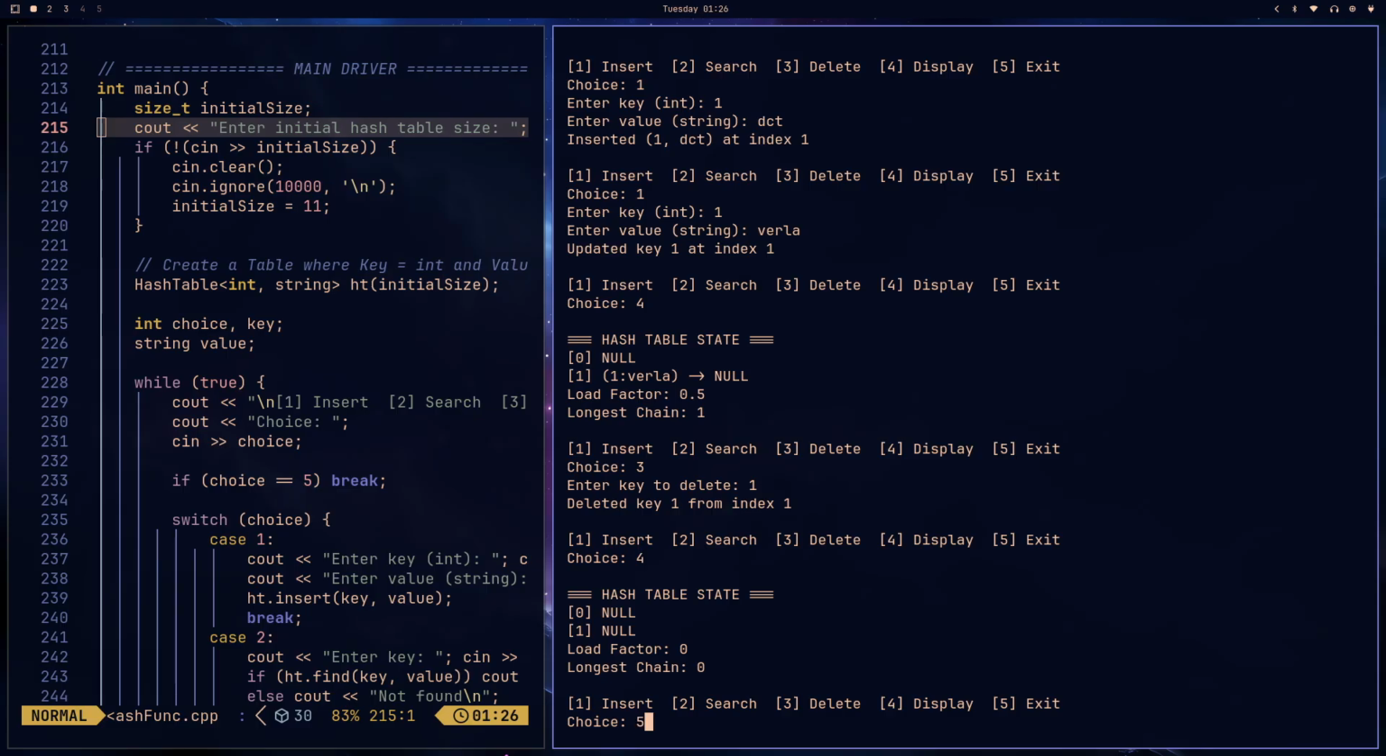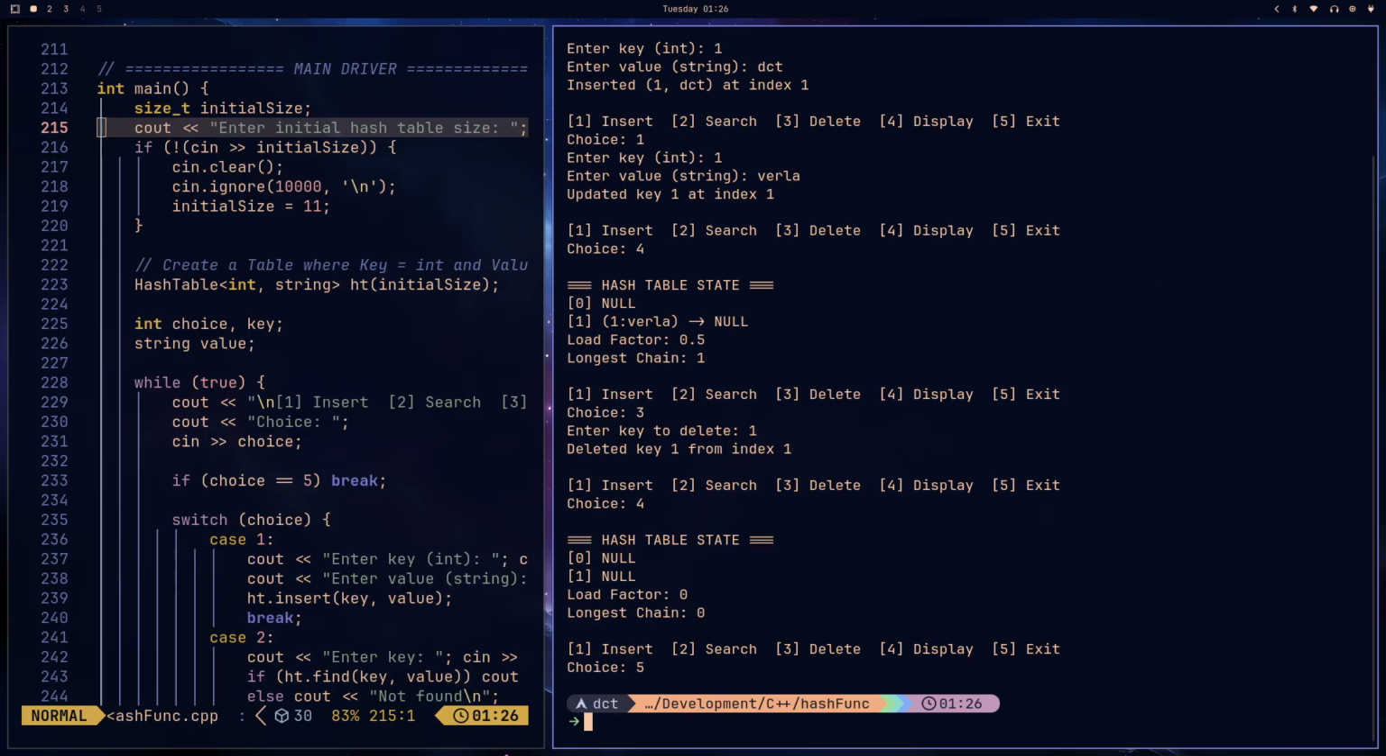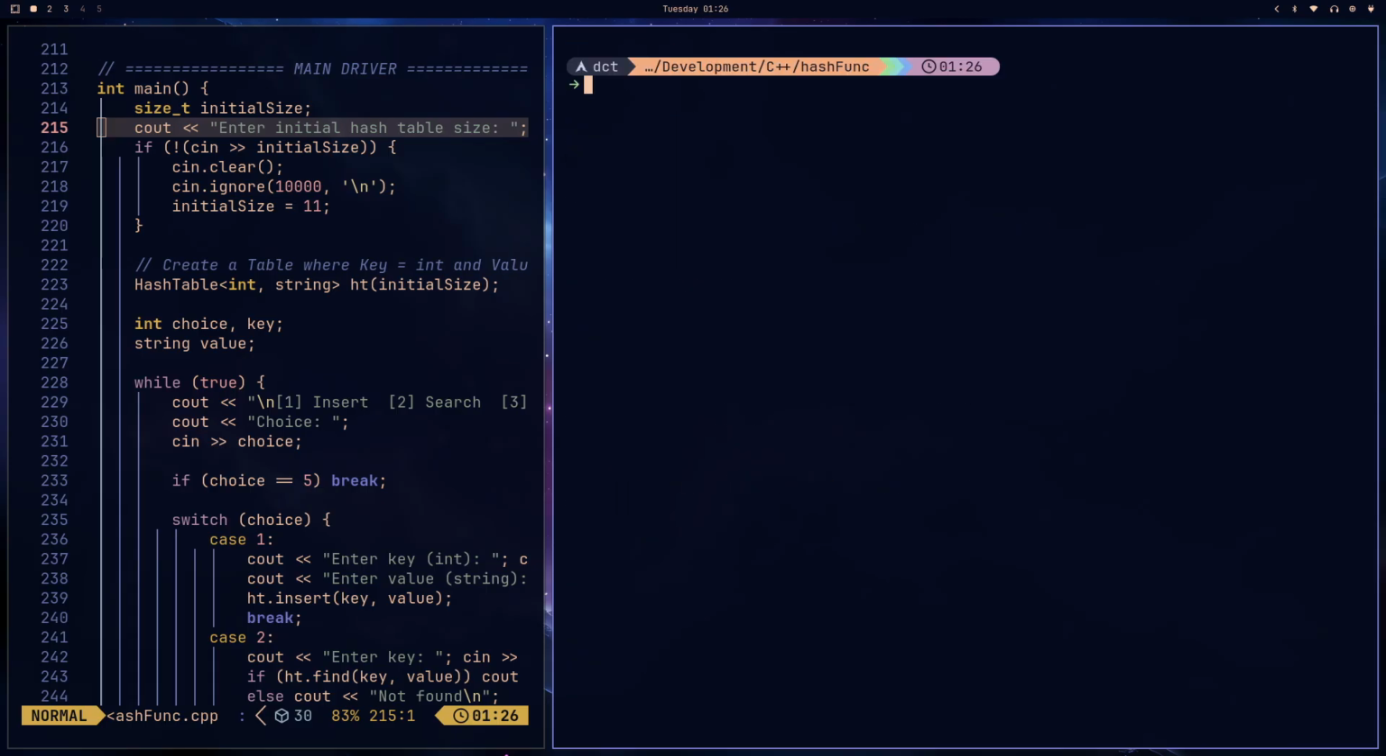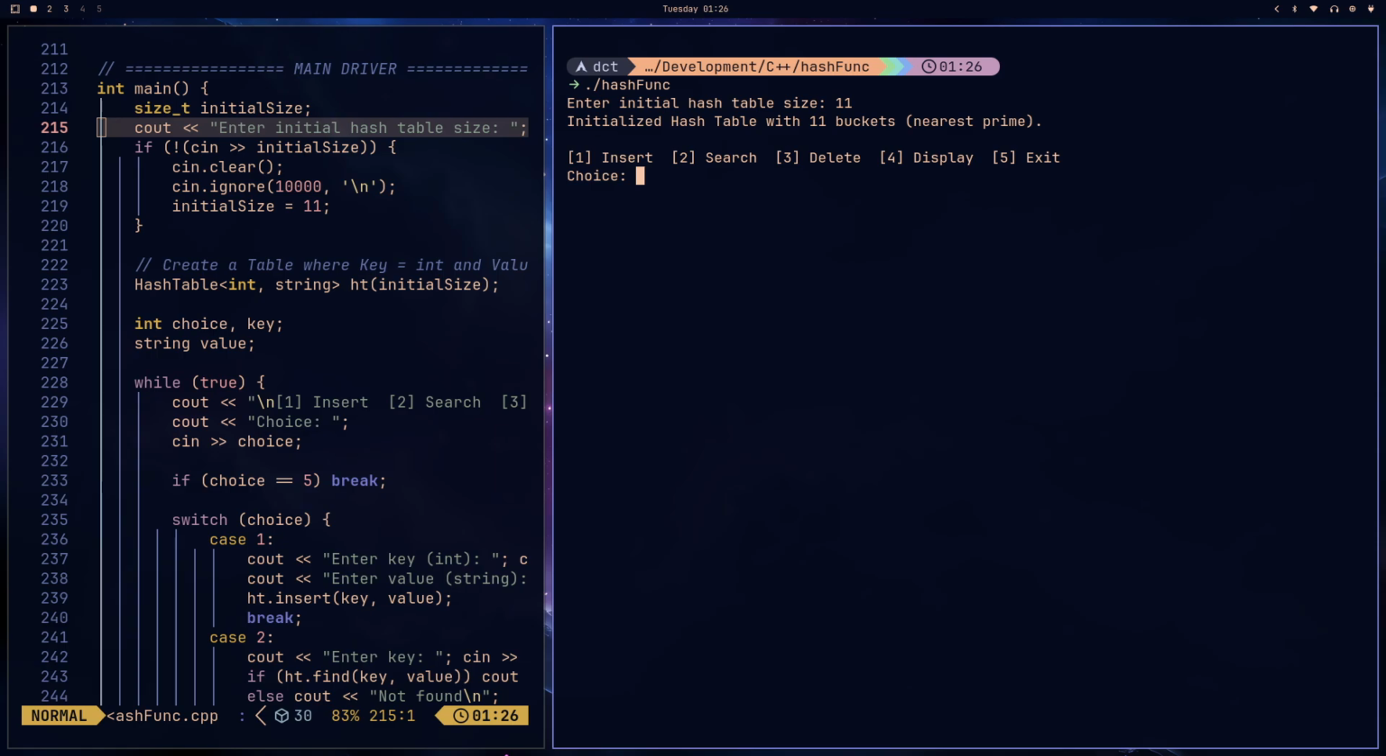Let me exit and run again, and test again. In fact, I'm still wondering why this is working this way. It's running, but it's not like I wanted. If I enter a size of 11, I insert,